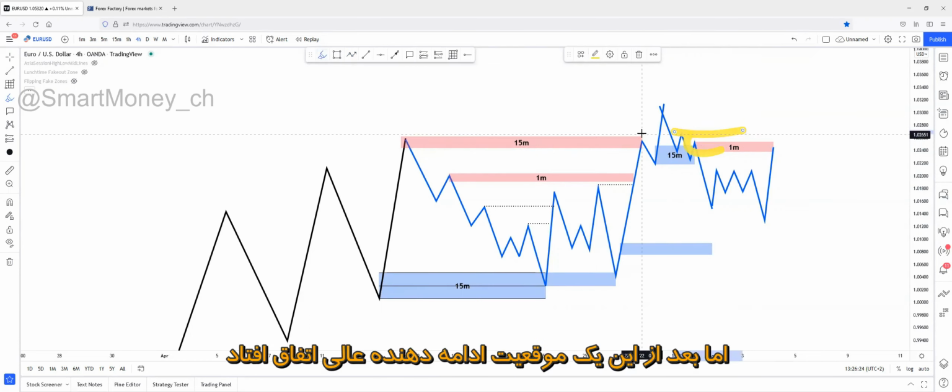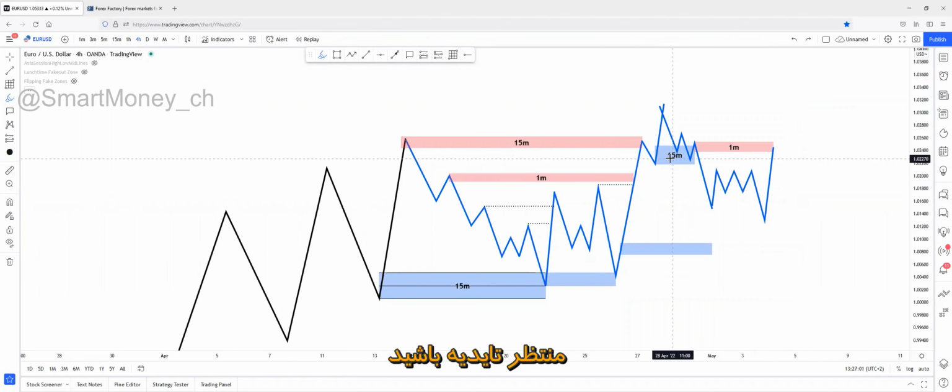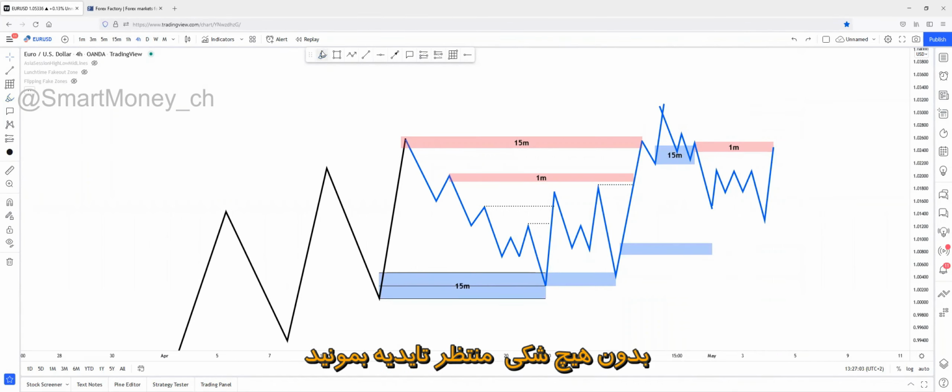recommending you to only trade based on confirmations, because why the fuck would you risk your capital? Why the fuck would you risk anything when you can simply wait for a confirmation? You guys, just believe me, this will protect you from several unnecessary losses. If you just wait for a confirmation every single time, then your hit rate will actually increase a lot, because you don't have to risk shit. You can just simply wait for a confirmation every single time without a doubt.